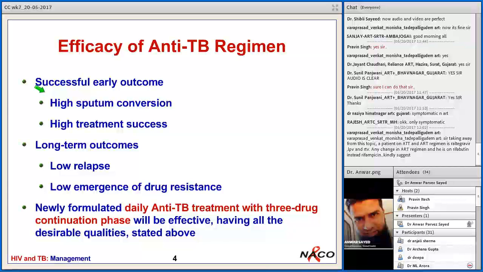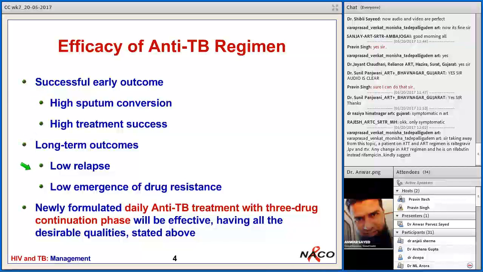Long-term outcomes: with this treatment regimen there should be fewer relapse cases, and also less emergence of drug resistance. So the newly formulated regimen, which is daily anti-TB treatment with 3 drug continuation phase, will be effective,